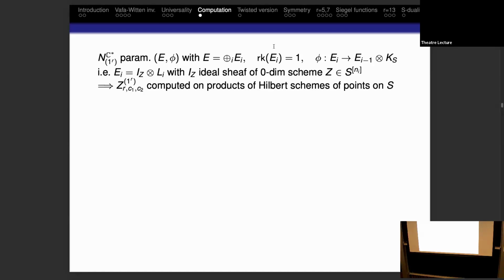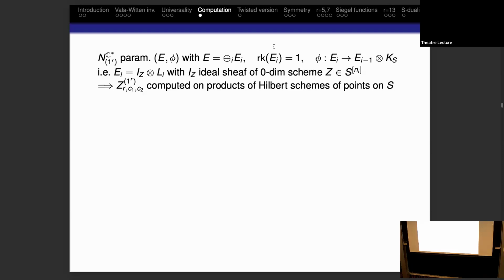The last map is 0. That means E_i is just the ideal sheaf of a zero-dimensional scheme of some length, tensored by a line bundle, and one can precisely say which one will be there. And this means that this vertical generating function can be computed on products of Hilbert schemes of points as a